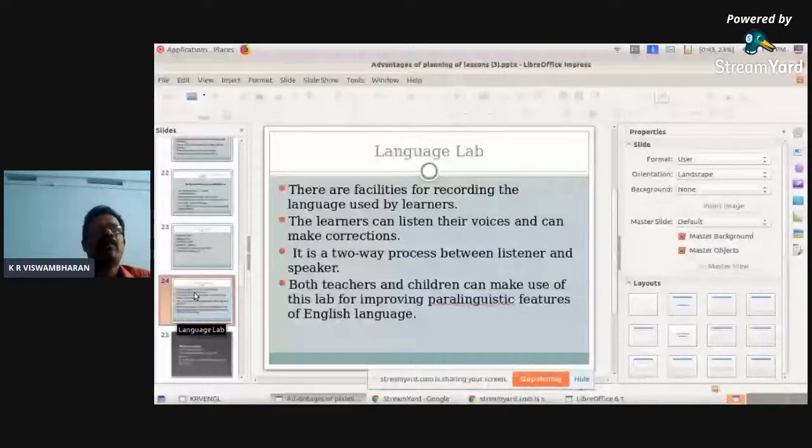It is a very important, contextually significant facility for improving the reading and speaking skills of the students, the teachers, and even parents. And the parents are cooperating with the school authorities. They also can make use of this language lab. These are the major areas included in Unit 3, Innovations in Language Learning.